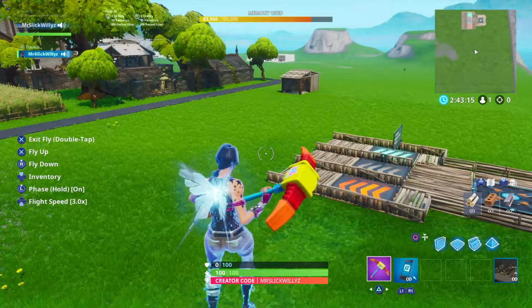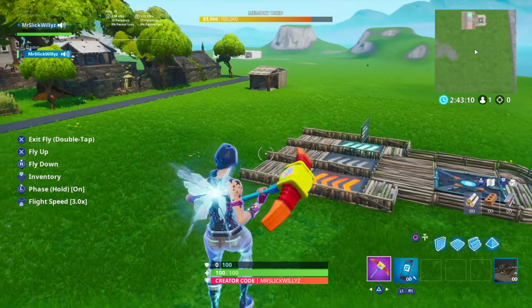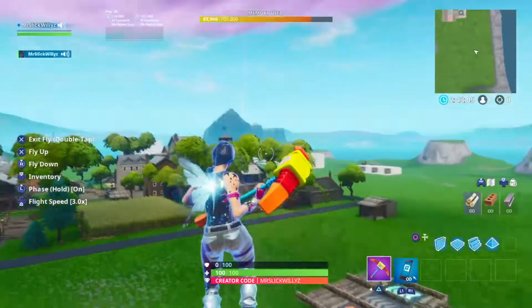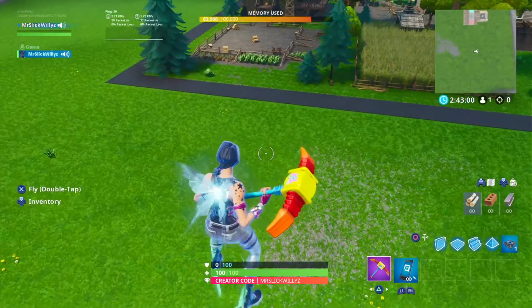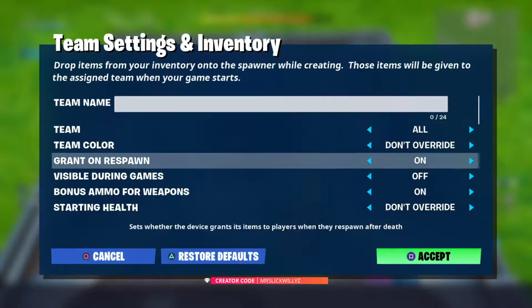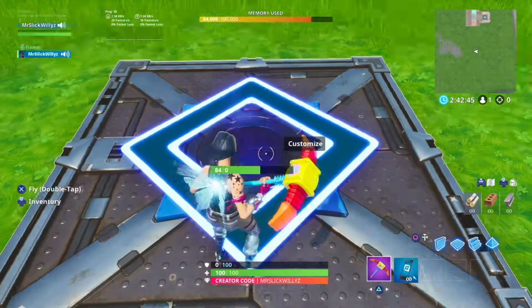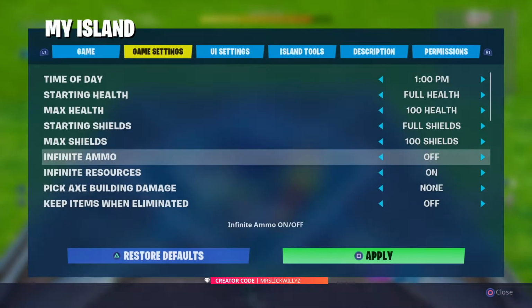So when I'm testing an island where you need infinite ammo, but you don't really need infinite galleries, here's a little tip for you. What you're going to want to do is, let's go ahead and drop that. Let's go into our devices and go to team settings and inventory. And so we'll go ahead and place that. And then what you'll want to do is click customize and say infinite ammo, and we want to override the settings right here. So go ahead and click accept there, and then go back to our island settings, turn infinite ammo off